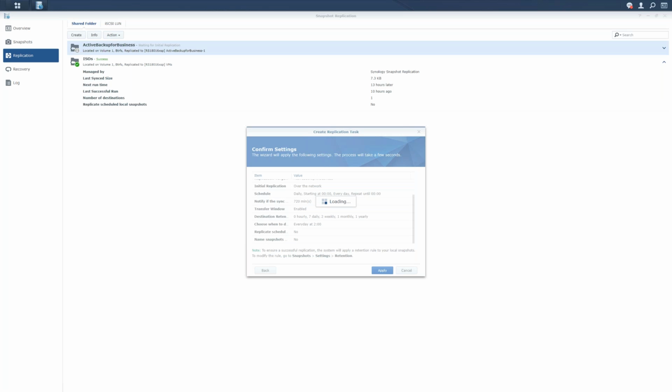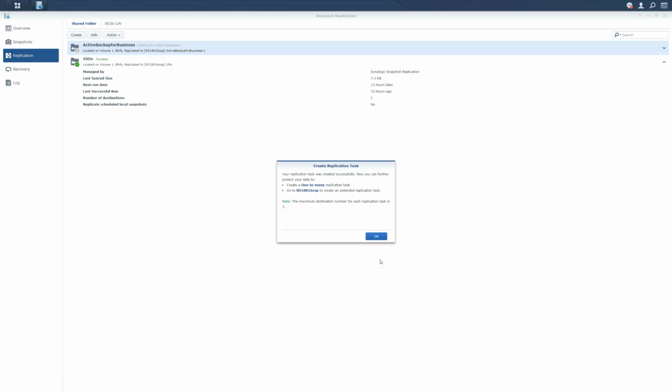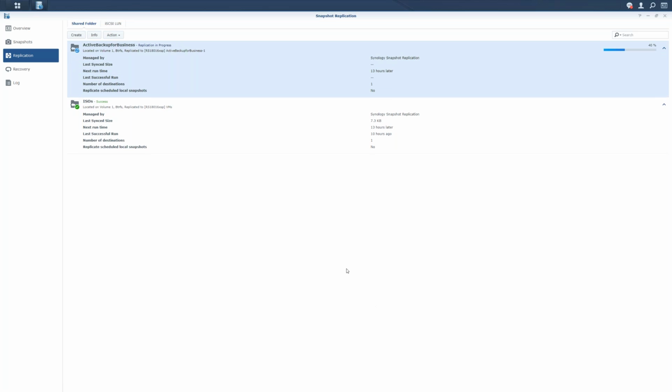Question, Dustin. Sure. If I'm doing this while we also have resources using the NASs, what type of load is this placing on the NAS? Is it going to cause any impact to any production work that's going on? So generally for snapshot replication, it's a very efficient application just because it integrates with the file system itself.